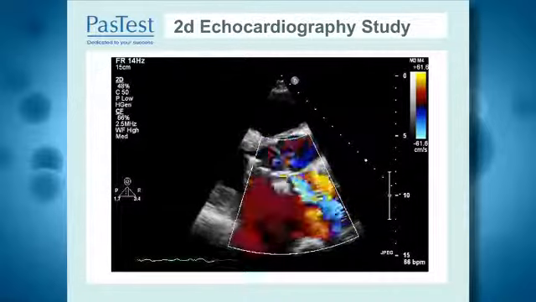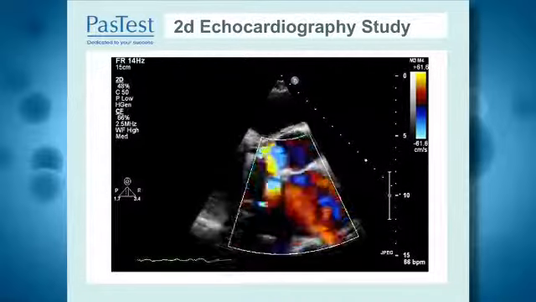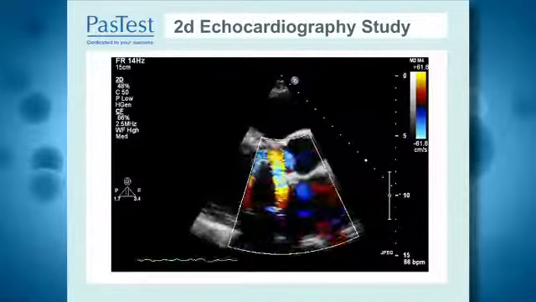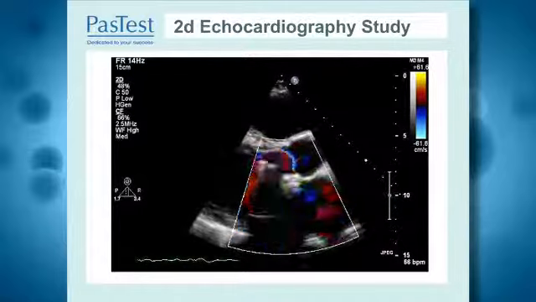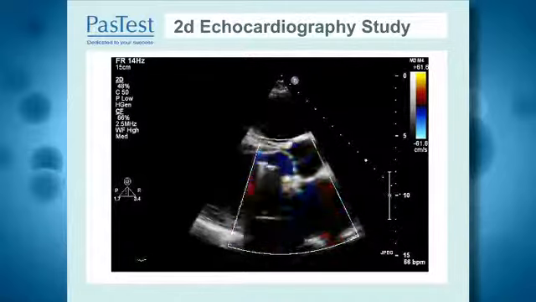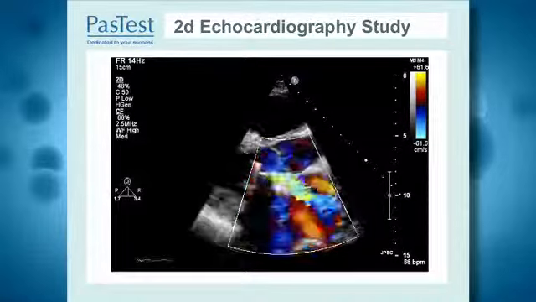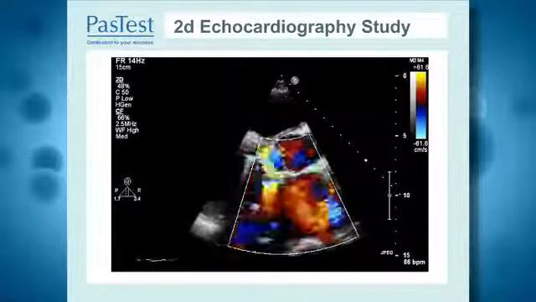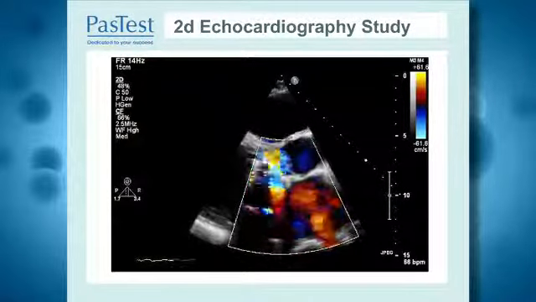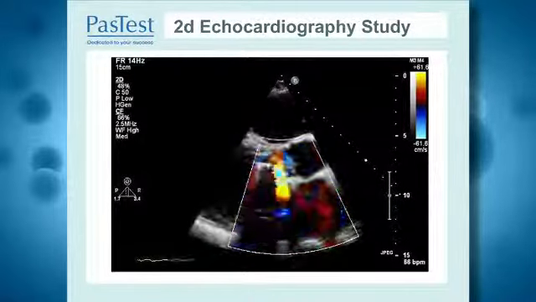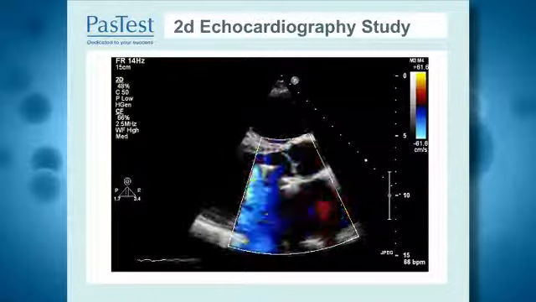I'm now going to show you a series of slides where the patient had a prosthetic valve with endocarditis. The first slide is a 2D echocardiographic image which demonstrates the prosthetic valve rocking around with evidence of what looks like a mass with a very prominent jet which looks to be extending from the left ventricle into the left atrium.